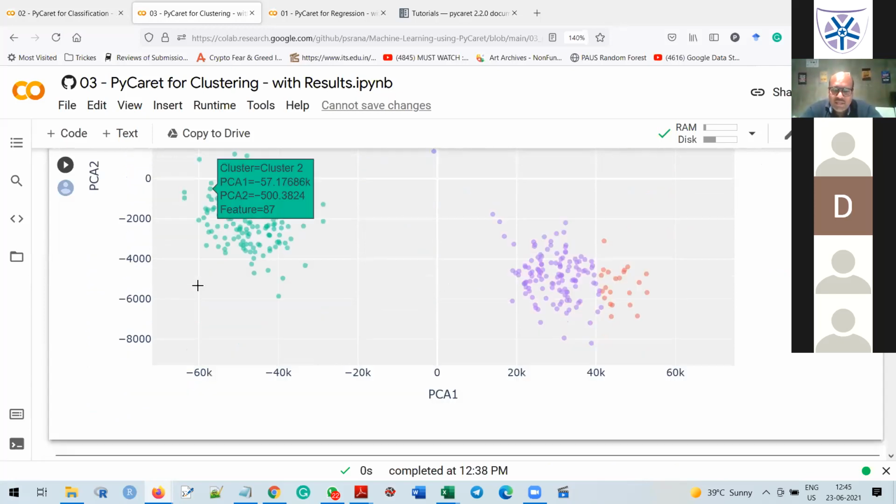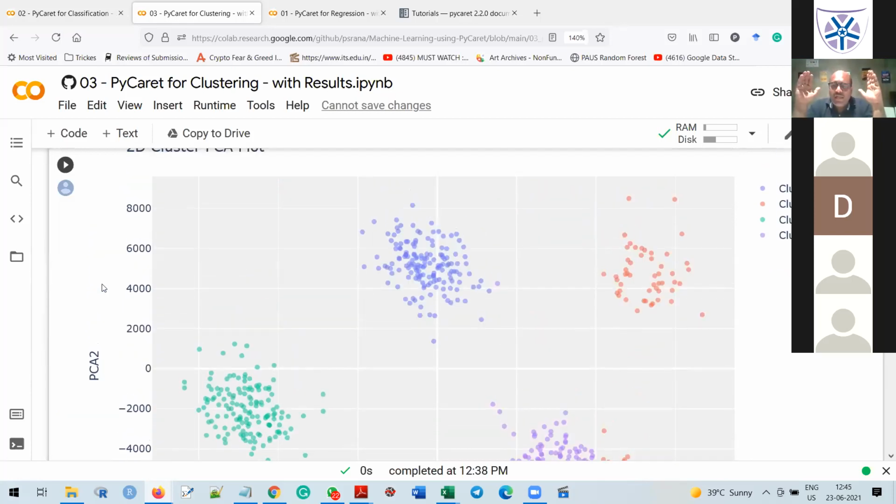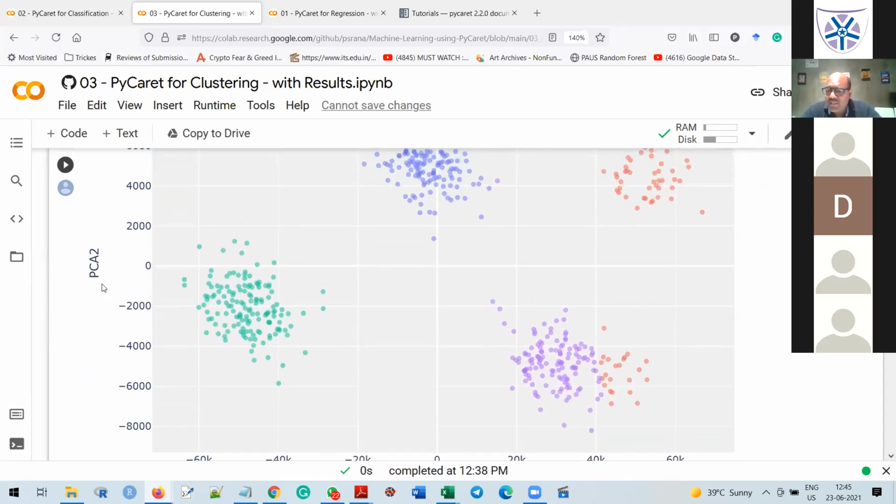Class, you will find here PCA1 and PCA2. As I already explained, PCA is a technique that reduces the data set to 2 or 3 dimensions only. Because there are 4 dimensions, 4 columns, and that reduces to 2 dimensions, here you will not be able to clearly recognize whether these orange points are much closer to this purple point rather than this cluster. Basically, we cannot represent this in 2 dimensions, but we can visualize it in 3 dimensions. So how exactly do we visualize it in 3 dimensions? Come to the next step.